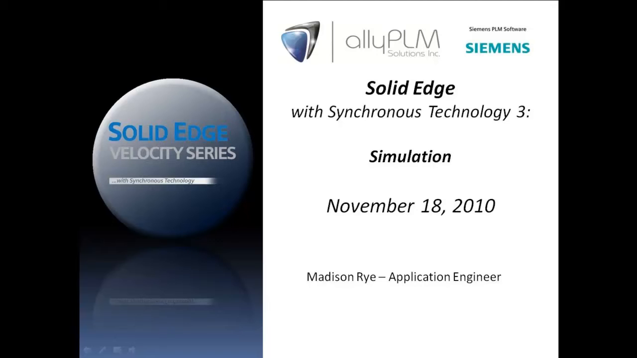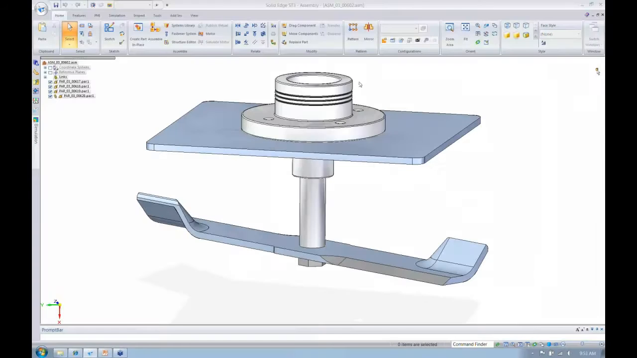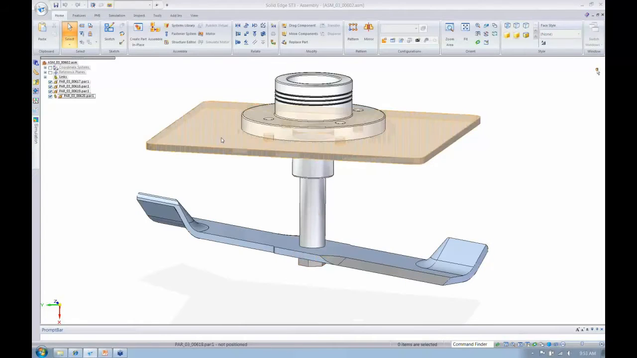I want to show you how, with Solid Edge simulation and ST3, we can further reduce the need for physical prototypes through a wider range of simulation tools. That's what I'm here today to show you with this Dixie chopper assembly. It's a lawnmower spindle with a blade attached by a mounting bolt, and this plate represents the deck of the